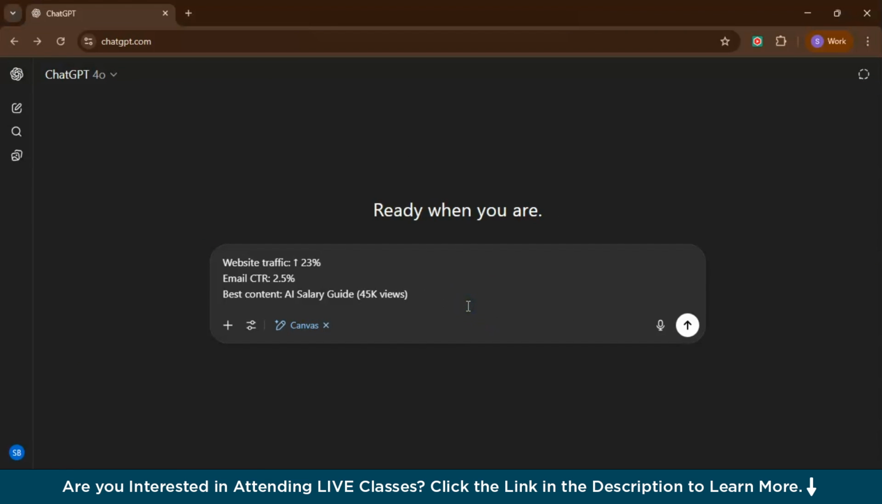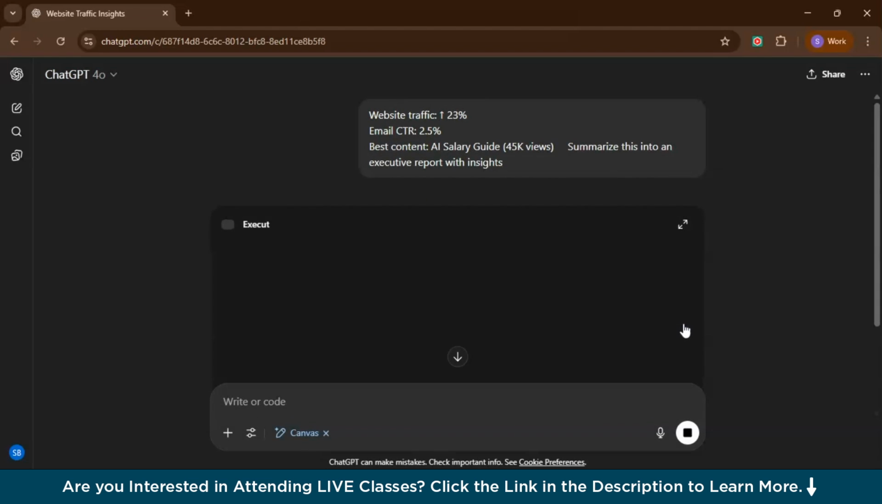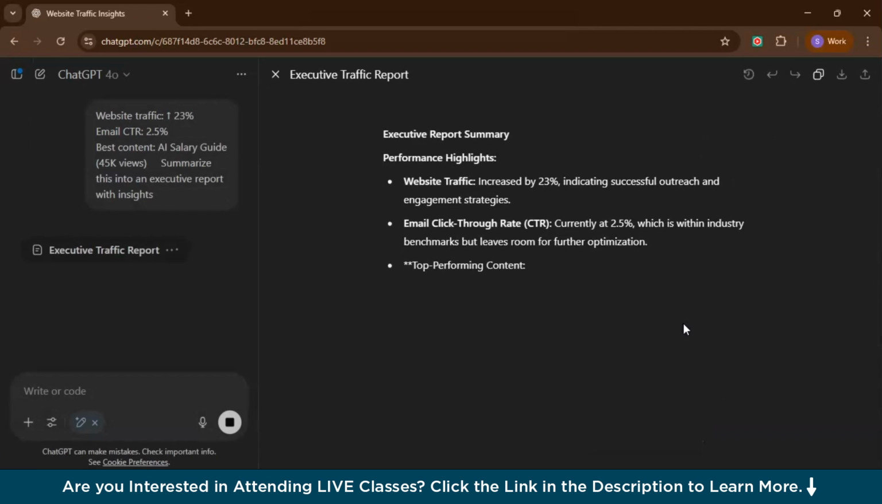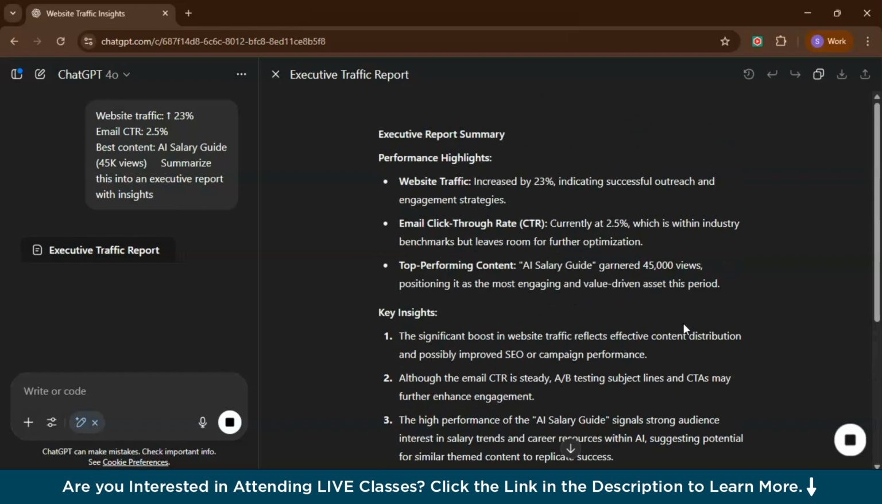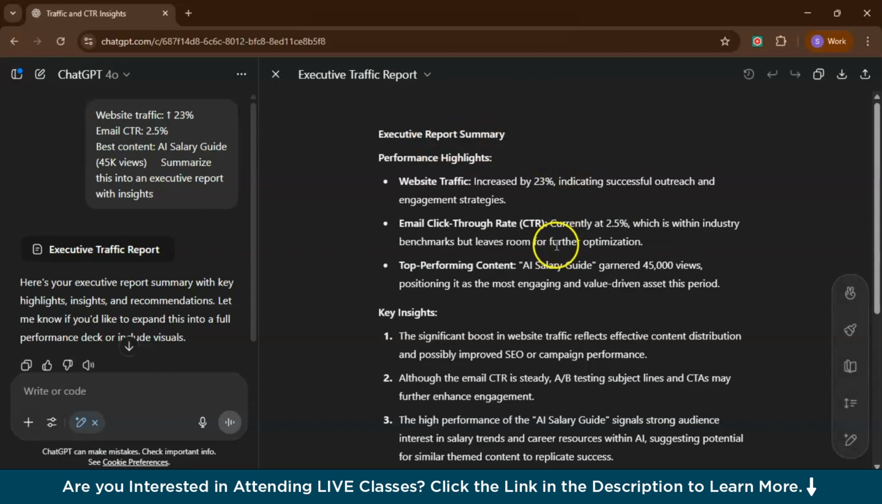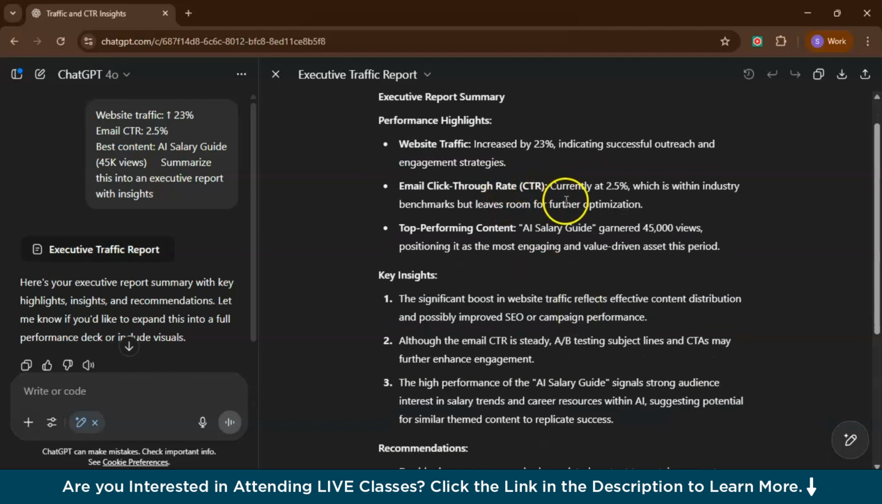So I have certain points and I want to summarize this into an executive report with insights. So let me see. And in no time it has started to create also. So executive report summary, performance highlight, website traffic, email click-through rate, CTR, the CTR currently at 25%, which